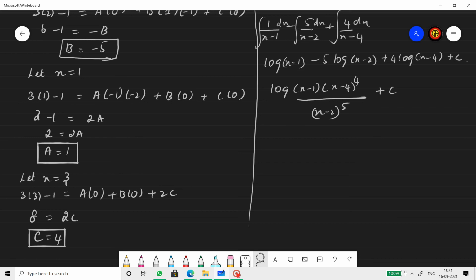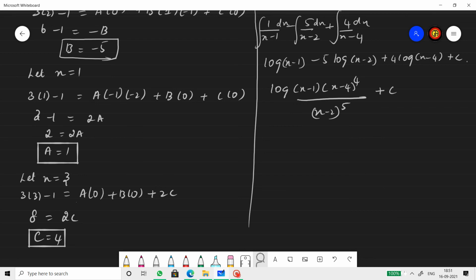Hope you all know where I take these values from. These are the terms that you find in the denominator of the question. So I'm equating each term to 0 and I'm considering that as the x value. So please do not consider arbitrary values like 0 or minus 1, which are not part of the question. Sometimes you might get the answer, but many times you may not. So please don't go that way. So when x is equal to 3, we find the value of c.